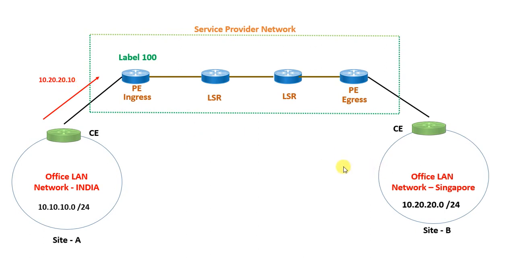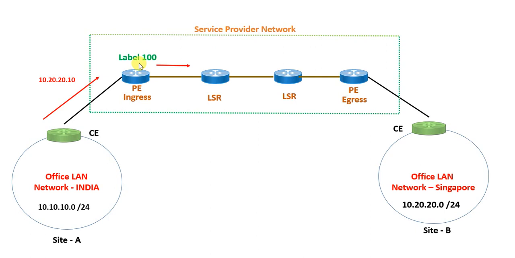for this 10.20.20 network, all the routers have already generated the labels and added them in their tables. So once this packet comes into this router, it goes through its table and finds that it has already generated label 100 for this particular destination. Once the IP packet comes in, it sticks the label on the packet